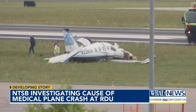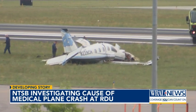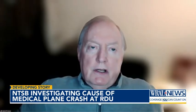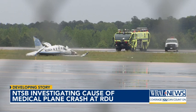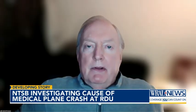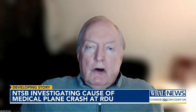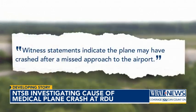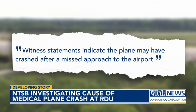How did this UNC medical plane crash on an RDU runway Wednesday morning? It looks like a fairly low energy impact. Jim Krause is an aviation expert who analyzed the damage when it first hit the ground. It appears to me that something happened during approach or on touchdown or shortly after touchdown. The NTSB still has to do its investigation, but witness statements indicate the plane may have crashed after a missed